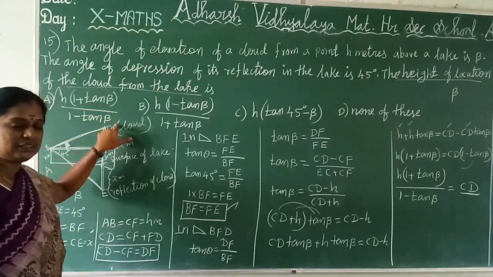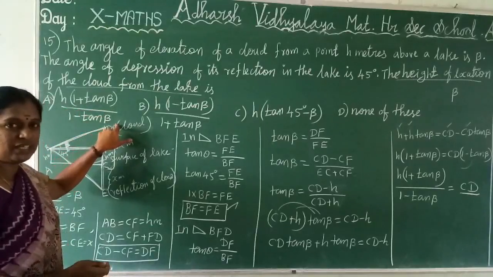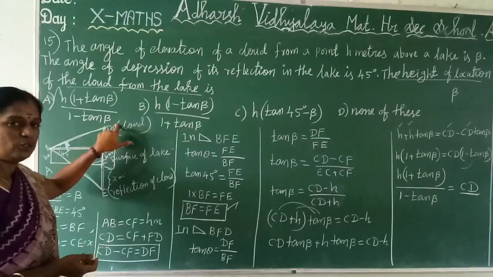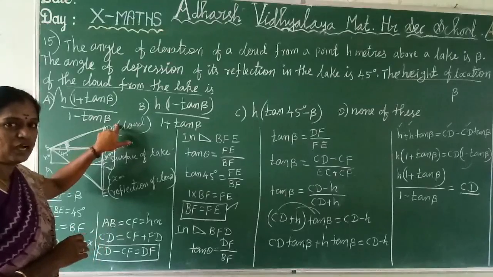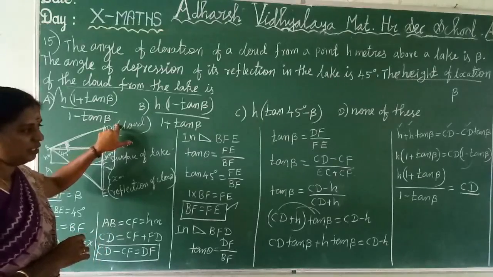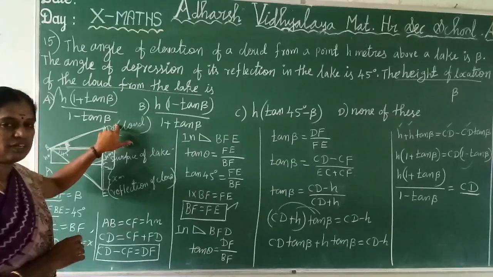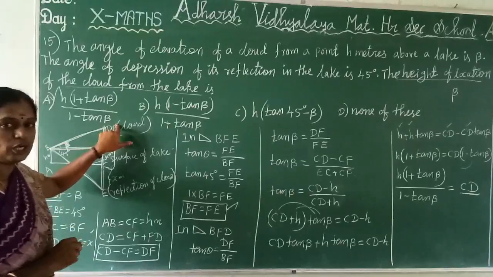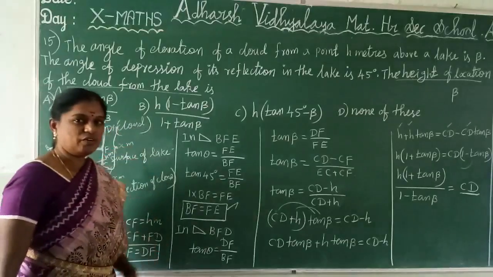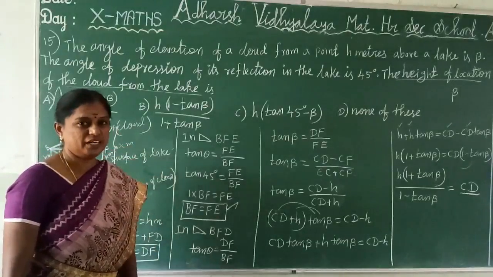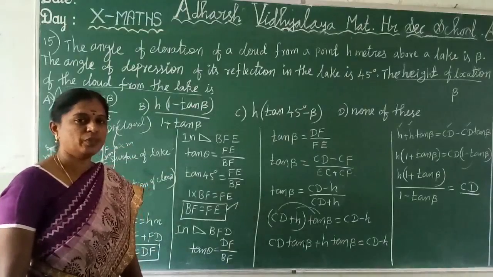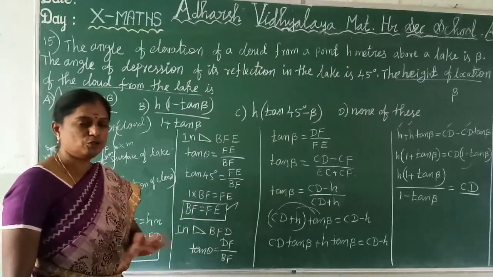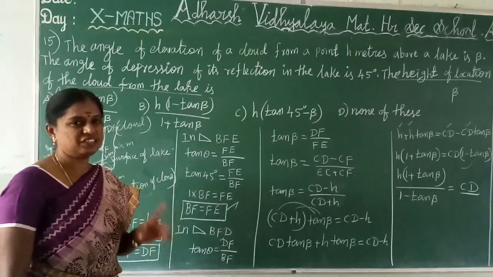Clear? Already during the exercise workout I told you this type of question may be asked in the creative or 1 mark. So understand the concept and work it out. Clear or not? All the 1 marks are very important. Work out properly. Before that, be thorough with all the trigonometric identities. What we discussed in this chapter: trigonometric identities, table values, reciprocal and complementary angles. If you are thorough with everything, you can easily attend the first exercise.